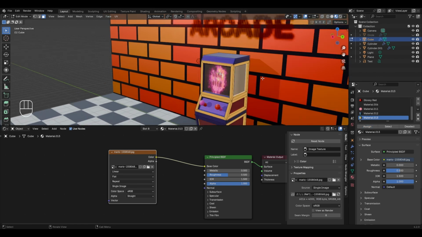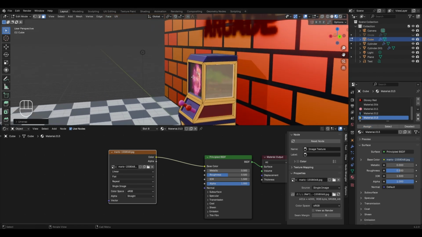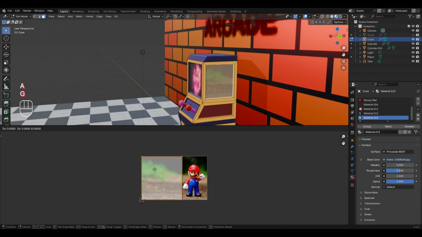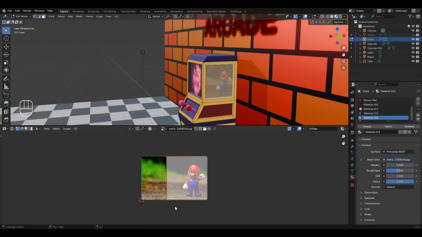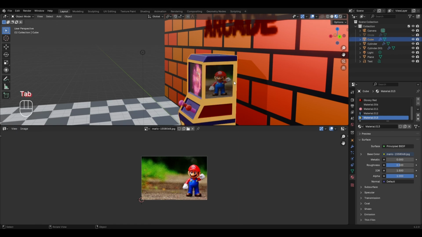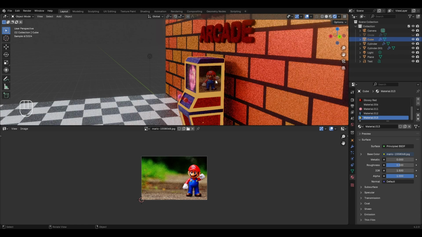After this, while being in the edit mode, go to UV and select unwrap. Then to adjust the position of the image, we'll change this window to the UV editor. Now press A to select all, and we'll move this face in the X-axis according to the image of Mario. Let me select these two vertices also, and we'll move them in the X-axis like this, so that we only have the image of Mario on this particular face. Now return back to the object mode, and with this, we have now learnt about applying the image texture on the different faces of an object.